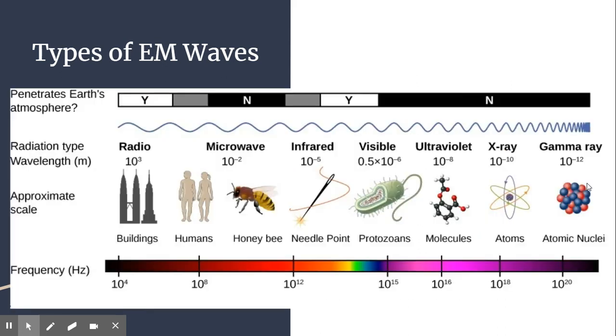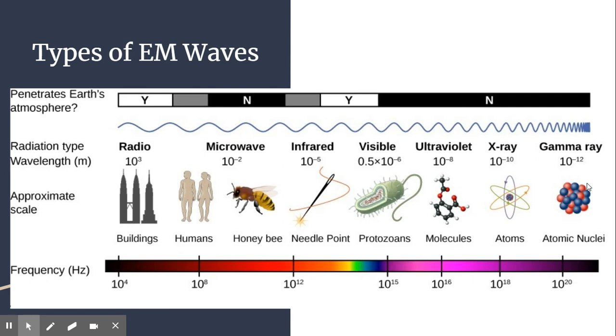As you take a look at this diagram of the electromagnetic spectrum, it includes those 7 different types of electromagnetic waves. You can see their frequencies shown with their wavelengths. You can also see an approximate scale of the size of some of those particular waves. For instance, radio waves are on the scale of 10 to the second or 10 to the third power, 100 to 1,000 meters long, whereas gamma rays are